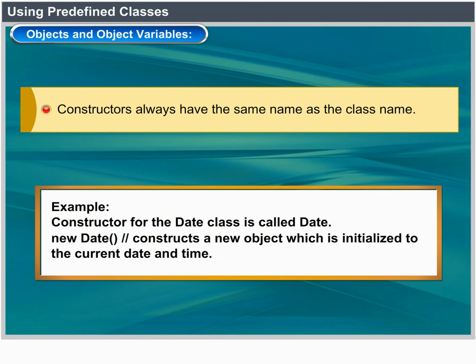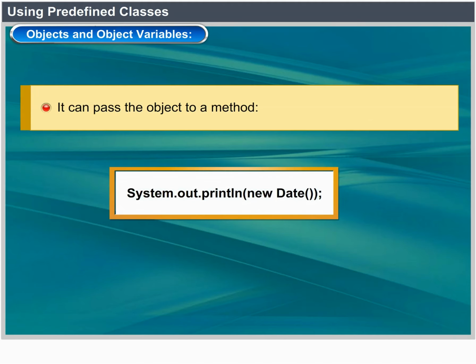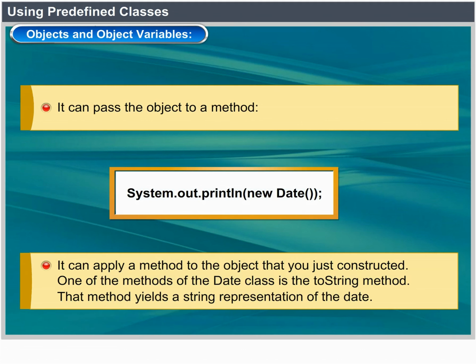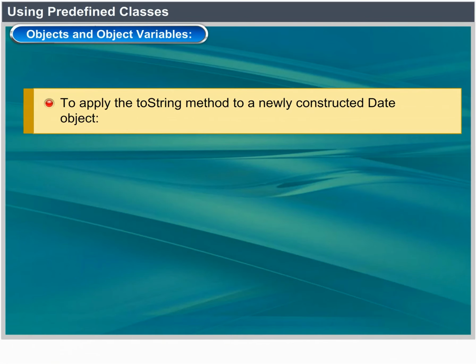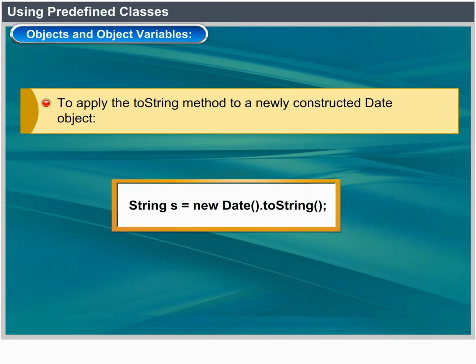Example. The constructor for the Date class is called Date. new Date() constructs a new object which is initialized to the current date and time. You can pass the object to a method. System.out.println(new Date()). You can apply a method to the object that you just constructed. One of the methods of the Date class is the toString method. That method yields a string representation of the date. To apply the toString method to a newly constructed Date object: String s = new Date().toString();